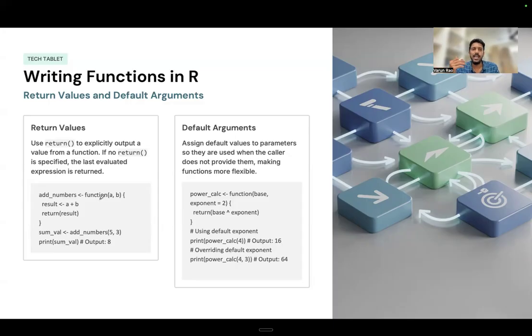So when you want to get the output of a function, we have something called return. What it does is it explicitly defines that you're looking for an output from this specific function. If there is no return specified, then the last evaluated expression would be returned. Which means if there is no specific value that you would be giving, then probably the addition here would not happen just like this, and you would not be able to see the output immediately. So I am considering a basic function with two values a and b,